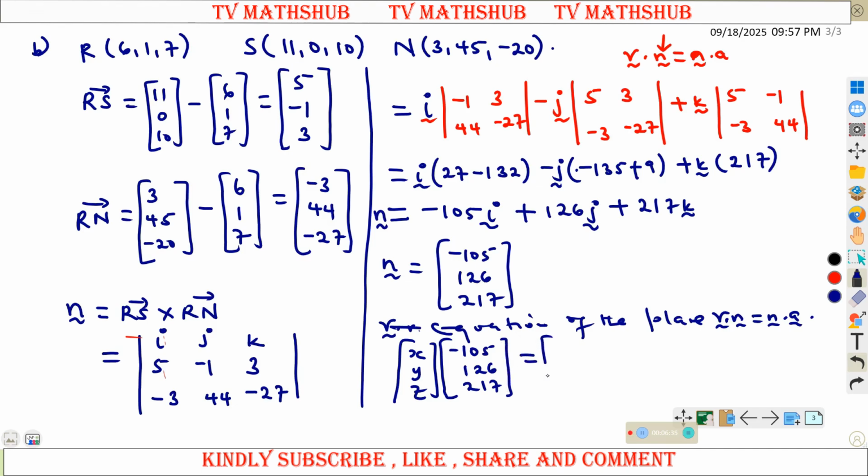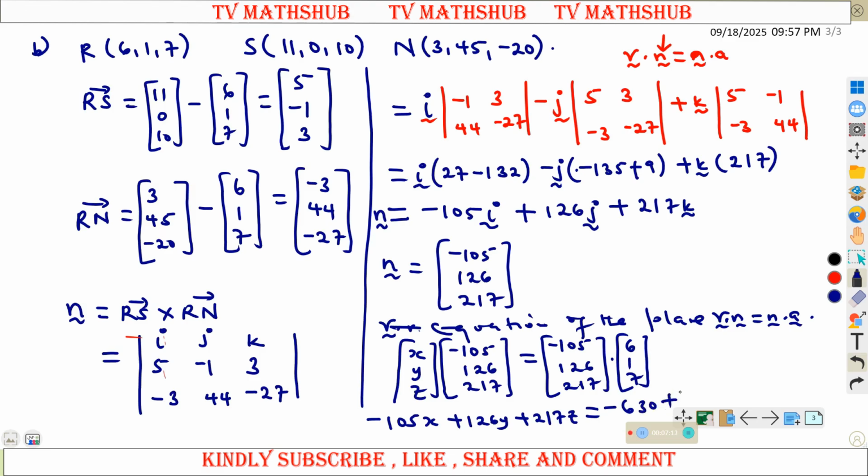This is equal to n, -105, 126, 217, and we dot this with our a, that is a point on the plane, and we are considering 6, 1, and 7. So from there, let us try to get the dot product here. This is -105x plus 126y plus 217z, which will be equal to